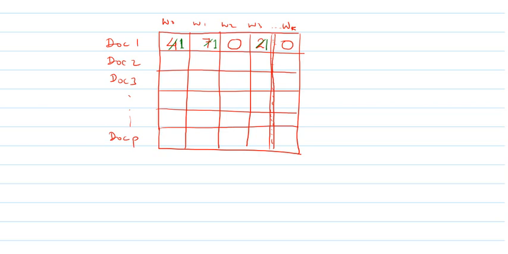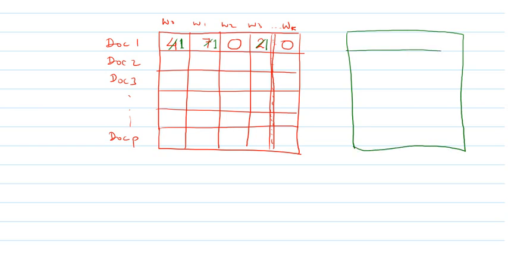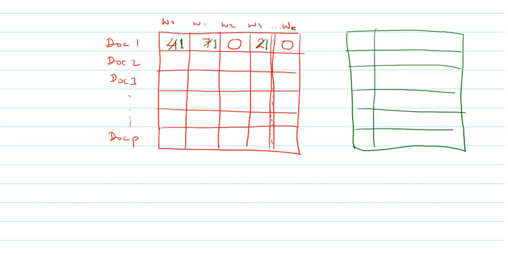So in this way we get this kind of feature matrix. So this is 1 1 0 1 and 0,